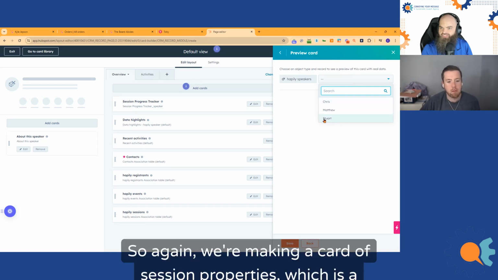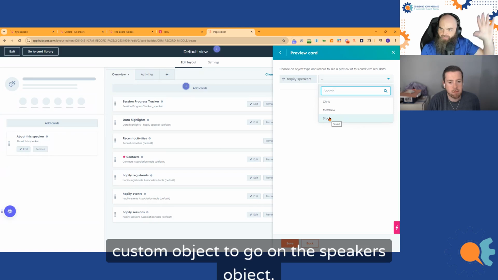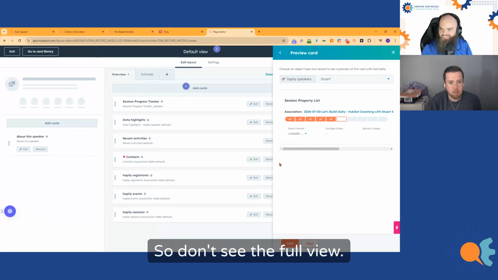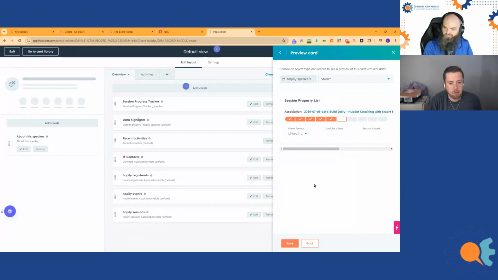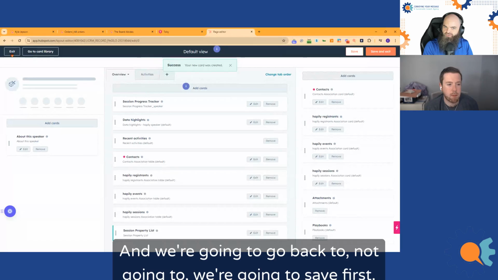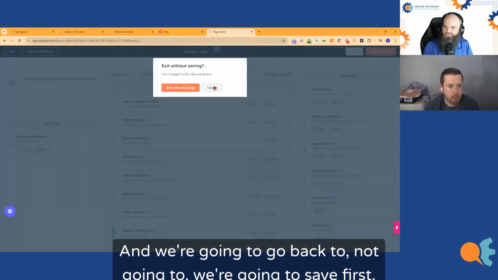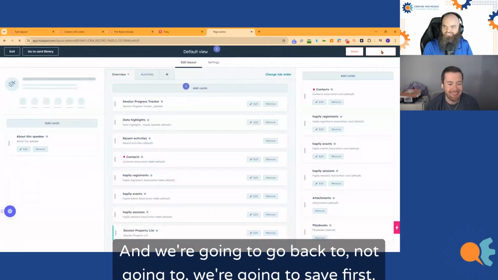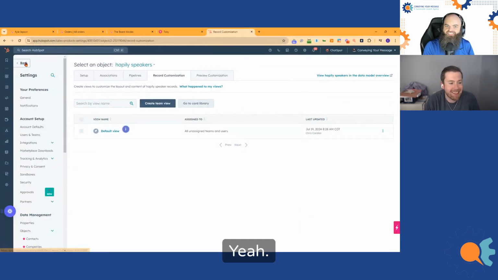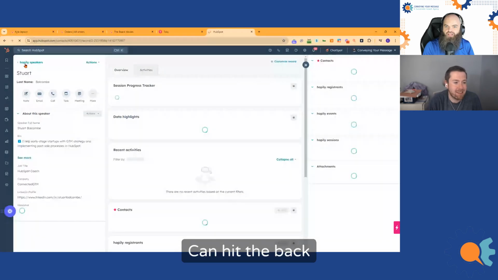So again, we're making a card of session properties, which is a custom object, to go on the speaker's object. We can't interact with it here, so we don't see the full view. But I'm going to save it and exit. The big orange button, people. Always hit the orange button. Then we can hit the back button.